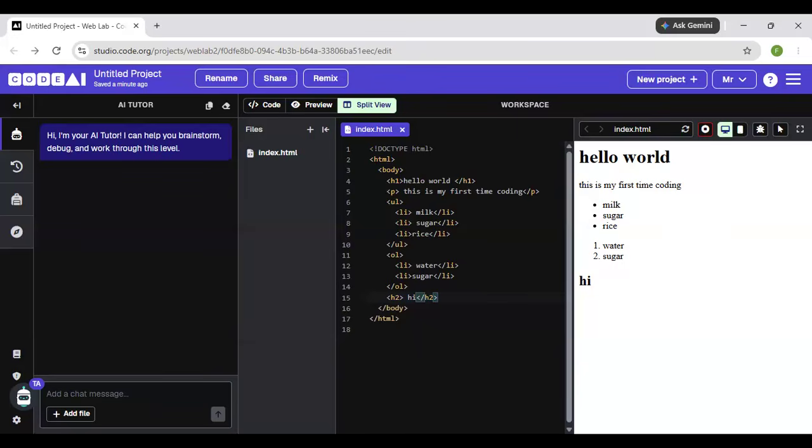You showed us how to use HTML and its different elements.